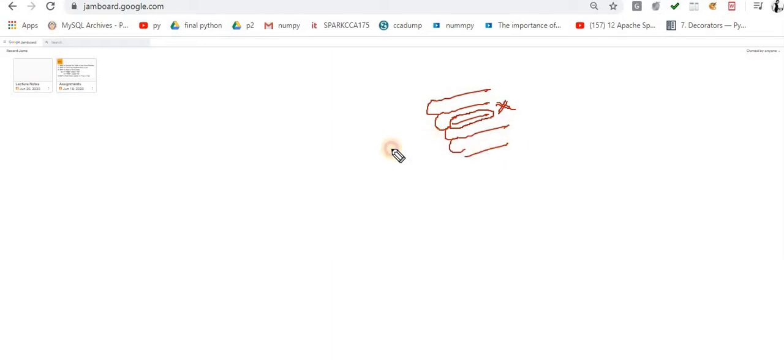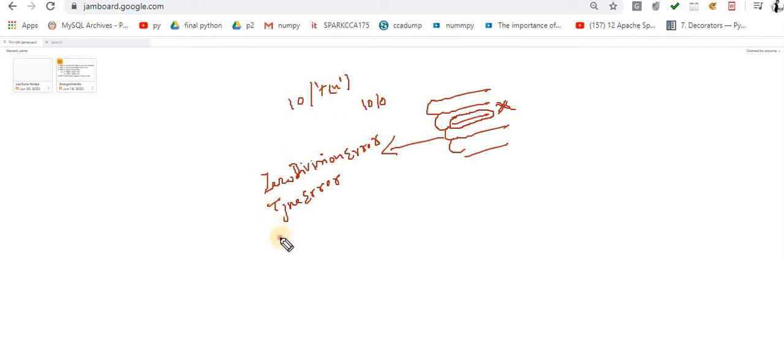Now what are the various classes that are available inside Python for exception handling? What types of exception can be caused? These are the basic classes. Zero division error, when you're trying to divide by zero. Type error, this is the class when you are dividing your integer value with some kind of string. This is the type error, you might have seen it n number of times.